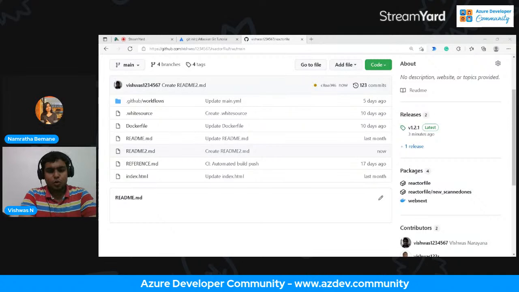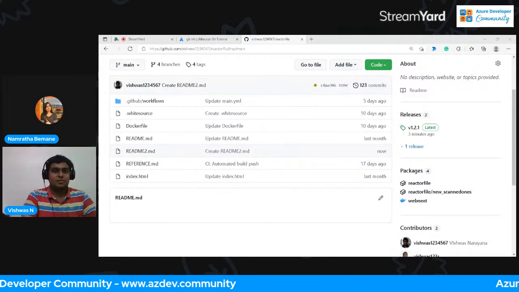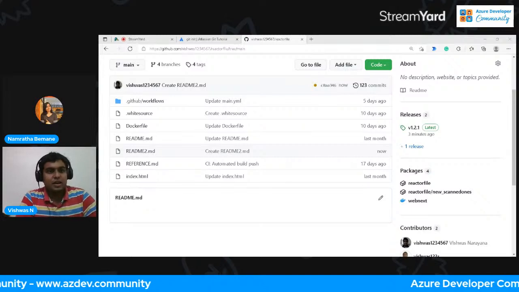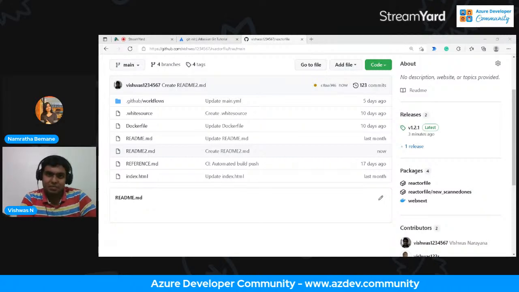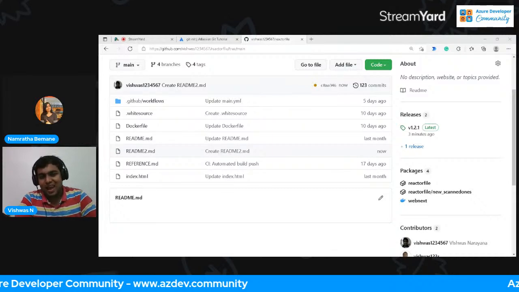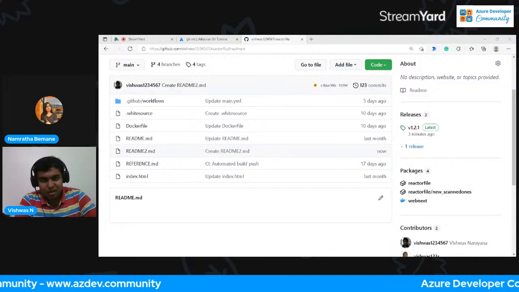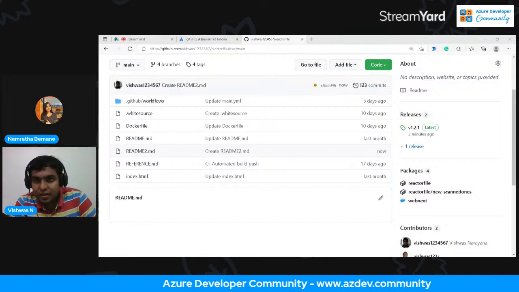But let me just do code, because I want to edit some code here. I just want to say, okay, this has been changed, that has been changed. I think I had something changed in the index.html, so let me go and change something here. Don't worry, all these languages and everything will come into your hand very easily. But it's all about that at the end of the day: how do you manage all the things that you are running?